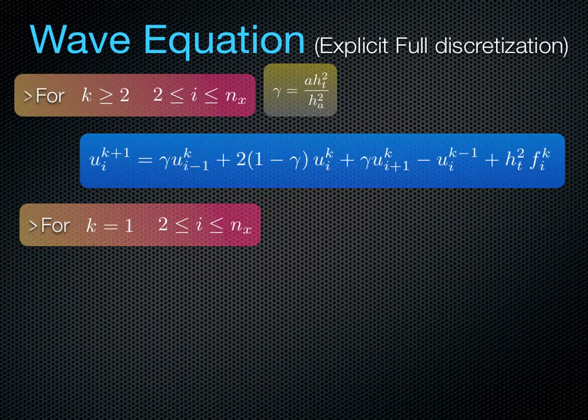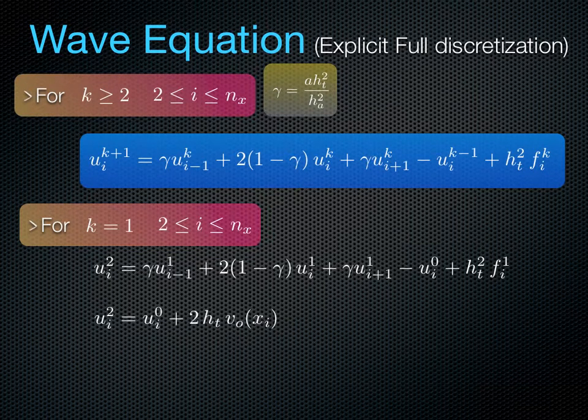at all interior points. And if we look at that equation directly, what we have here is u superscript 2 is equal to all these values of u at time equals t1 and t0. And now this t0 time, the value of u at time equals t0, is problematic because we don't have access to that value. That value is not given to us. But luckily, our initial condition is going to tell us the value of the displacement field at time equals 0,